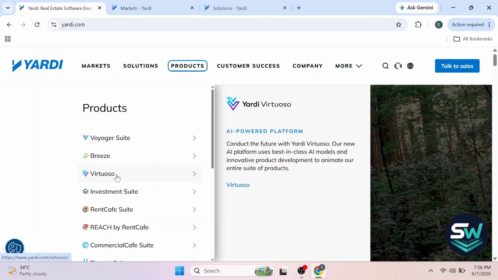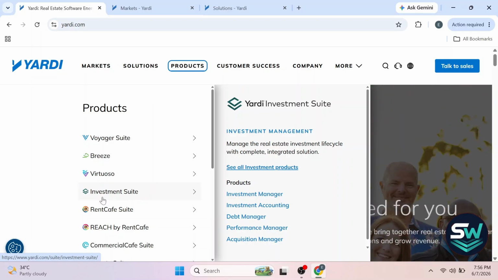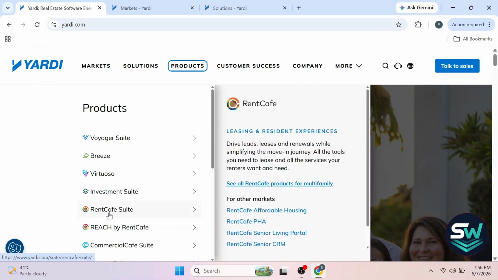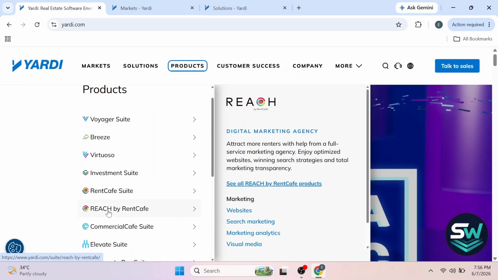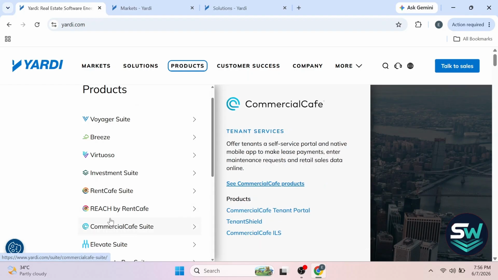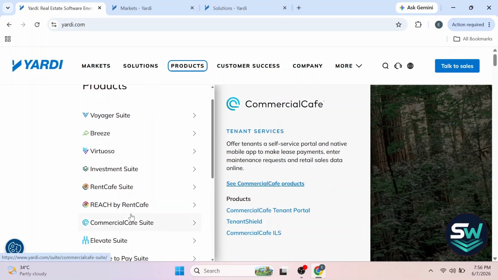Virtuoso provides advanced business intelligence and analytics capabilities. Investment Suite combines tools for investor management, accounting, fundraising, portfolio management, and financial reporting. Rent Cafe Suite provides resident-facing services including online applications, leasing, payments, etc. Reach by Rent Cafe helps property managers improve digital marketing performance and attract more prospective renters. Commercial Cafe Suite offers solutions designed specifically for commercial property management, and the Elevate Suite provides tools focused on resident